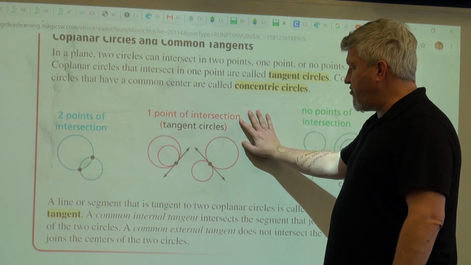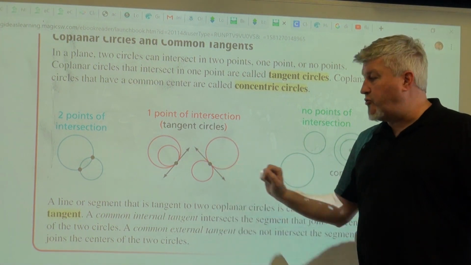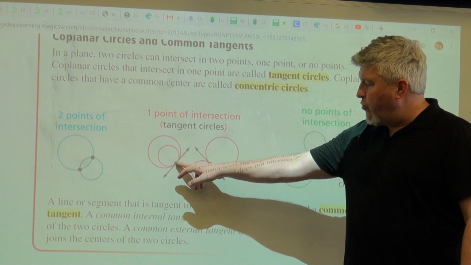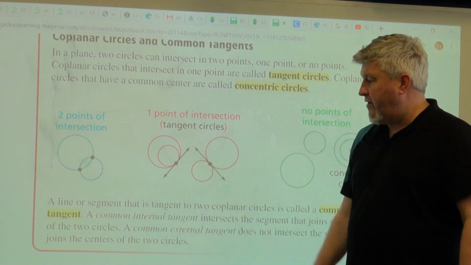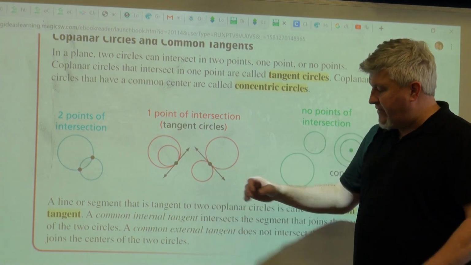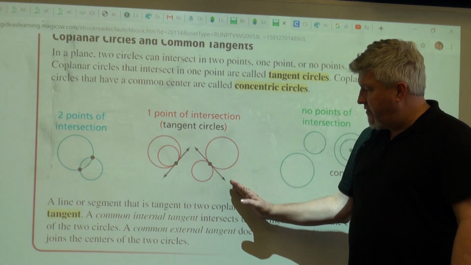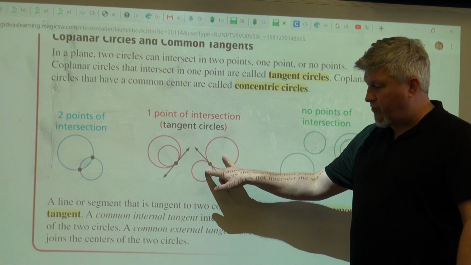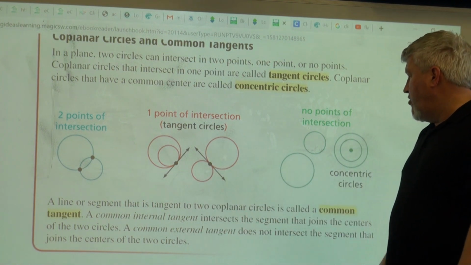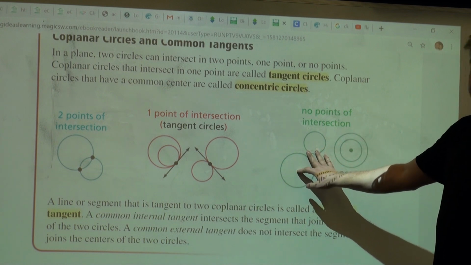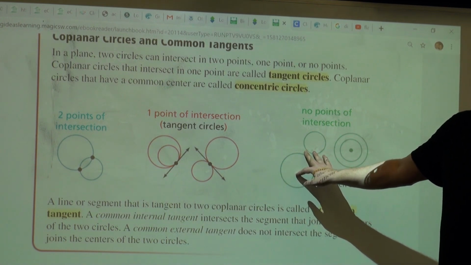1 point of intersection called tangent circles, and they gave you 2 different examples. One has a circle nested inside the other, where they just touch at this 1 point. The other one has them touching next to each other, and a line drawn at that point for tangency. So these are tangent circles where they touch at 1 point. Over here, 2 examples of no points of intersection. These 2 are just free-floating circles by themselves, little bubbles having fun in life, not touching each other, like most